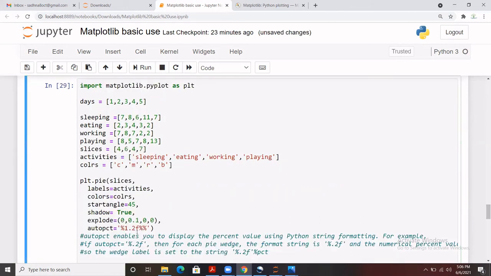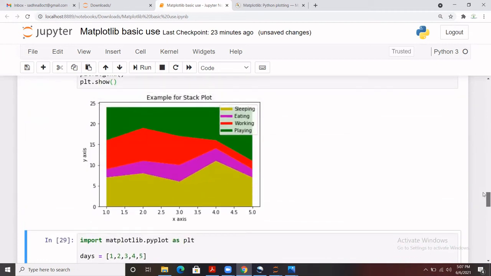Once I run it, you see that it has created a stack plot. A stack plot basically gives you the idea, from the day, of what was the maximum time that you spent on which activity. You see, for green, let's say playing is the maximum one, and the minimum one is eating.